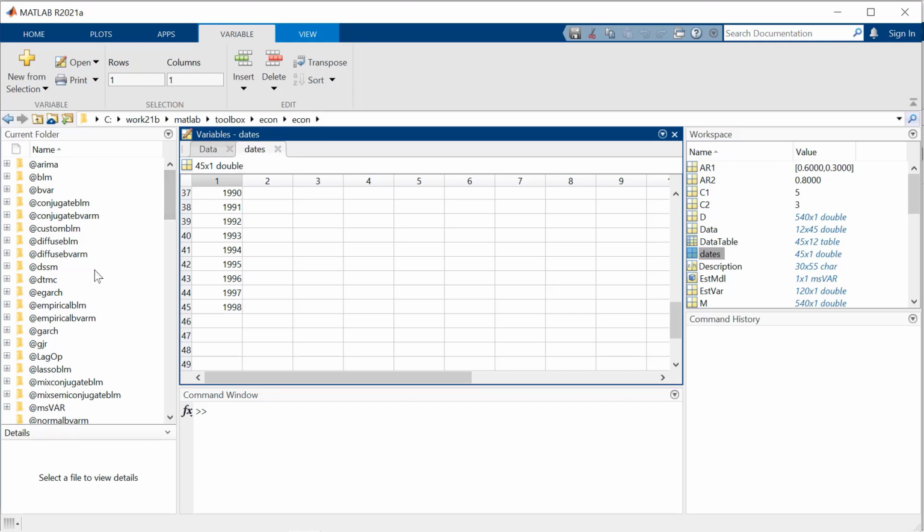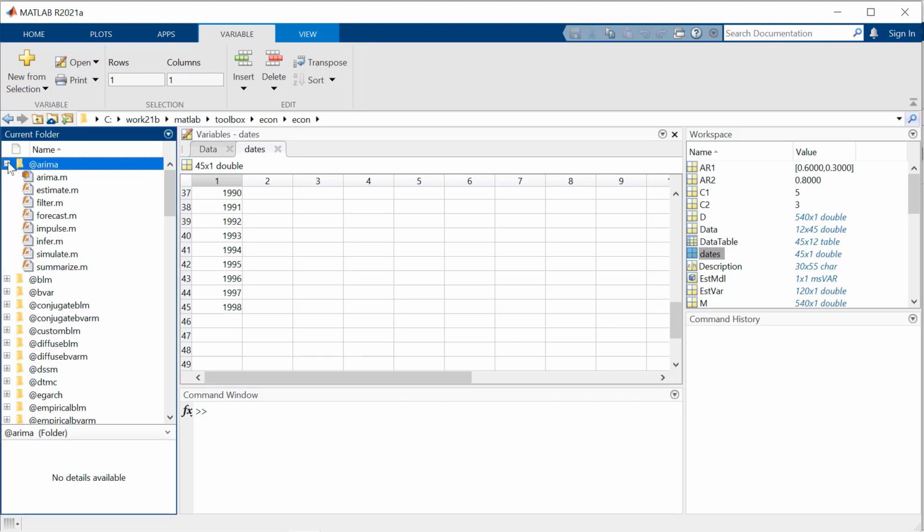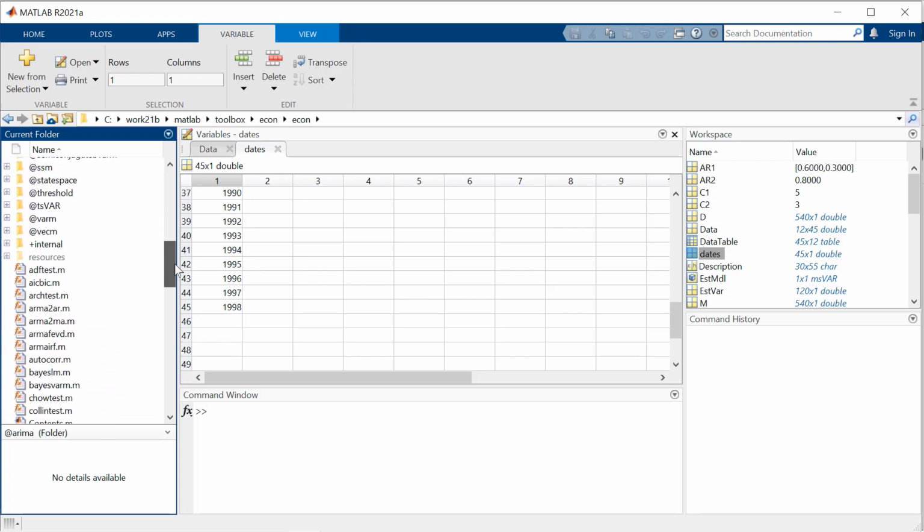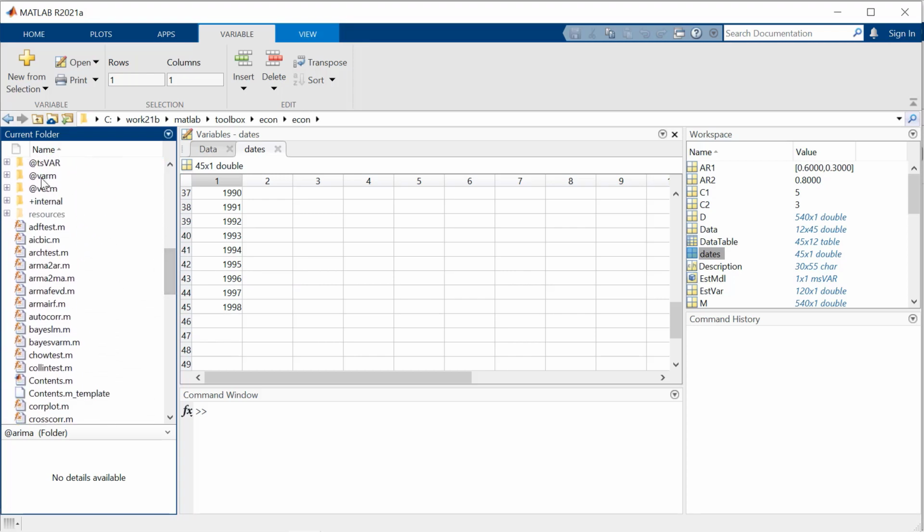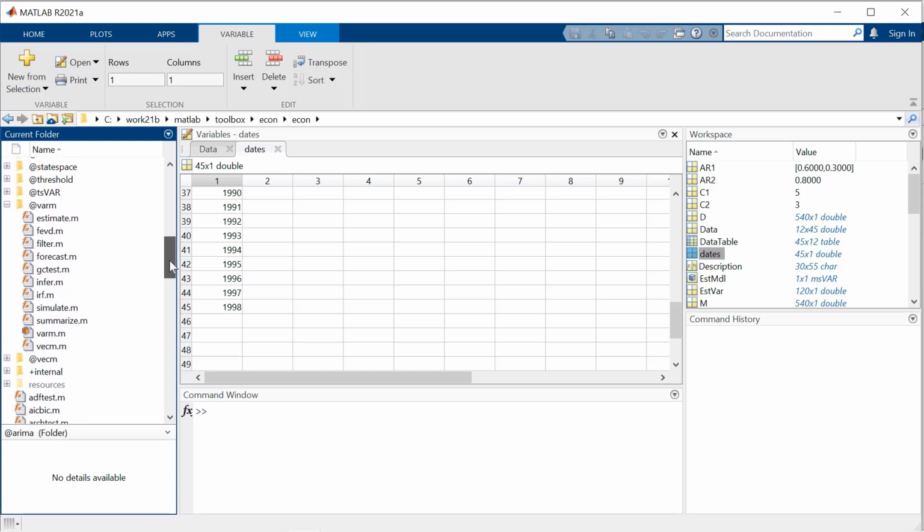you'll see listed here all of the different classes that we have in Econometrics Toolbox. So for example, the ARIMA class is here, and if we open that up, we see here's the ARIMA constructor that we used, the simulation method that we use, and then a number of other different methods you can use for working with that class. Likewise, further down is the var_m class for working with multivariate models, and it has its own set of methods you can use for working with those.